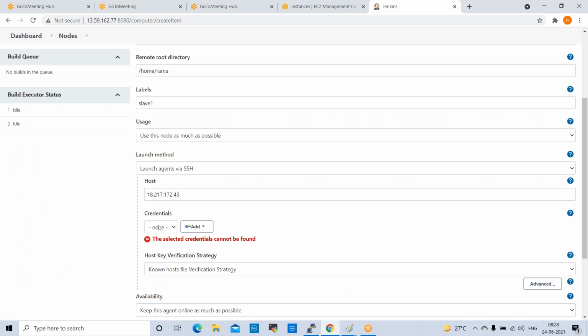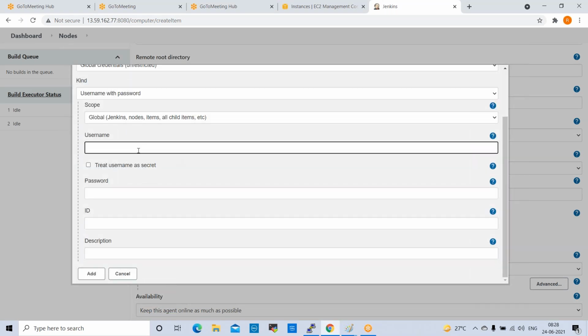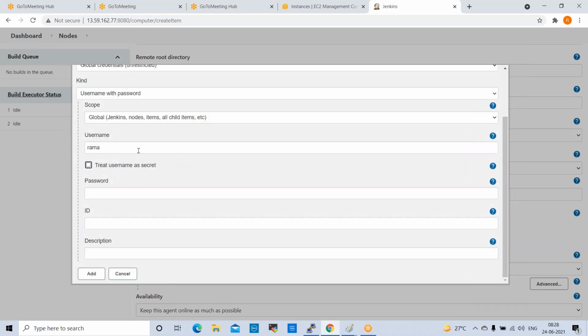Next one is credentials. Credentials are like user credentials. We created some credentials in the slave server, and we need to add those credentials here. For integrations, those credentials are required. Click on Add, Jenkins. Here you can give credentials. Username we gave is Rama, right?